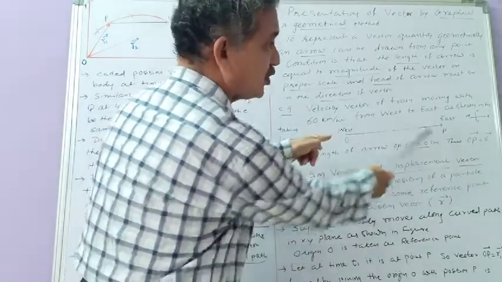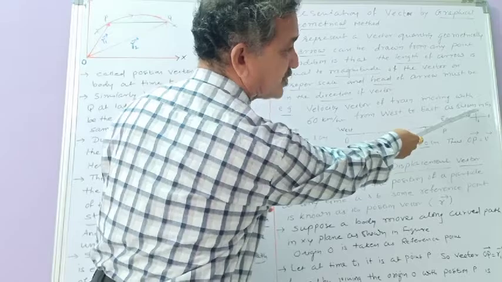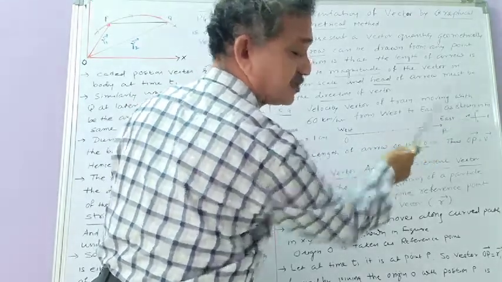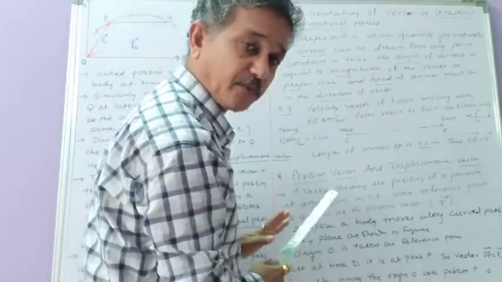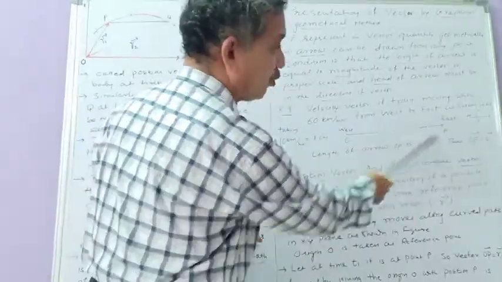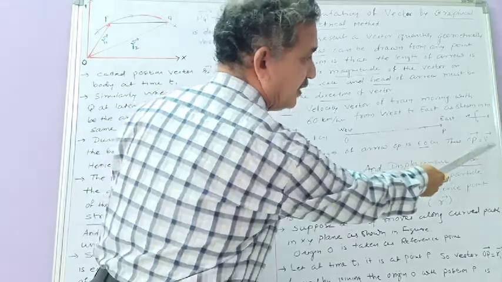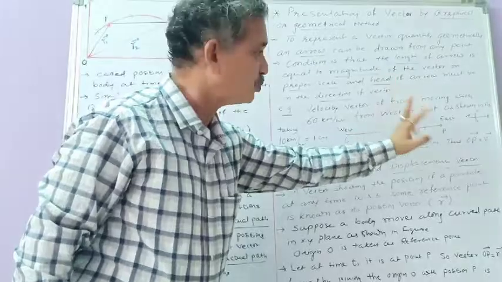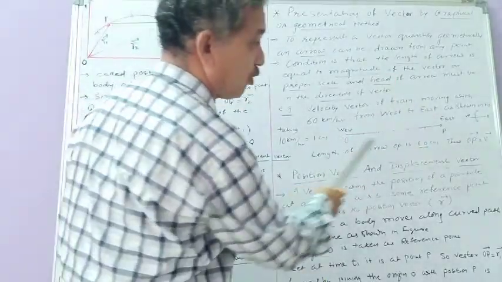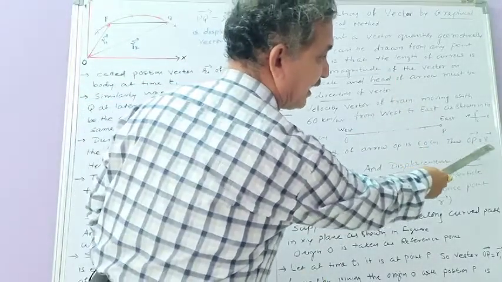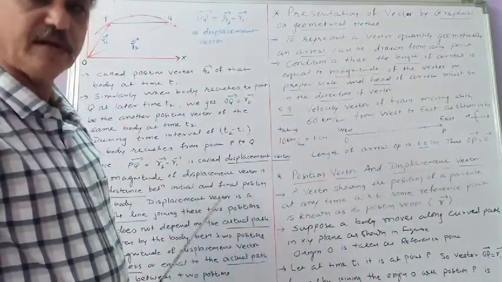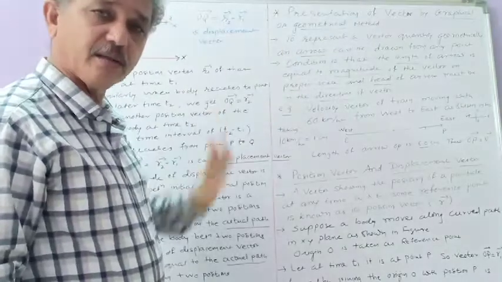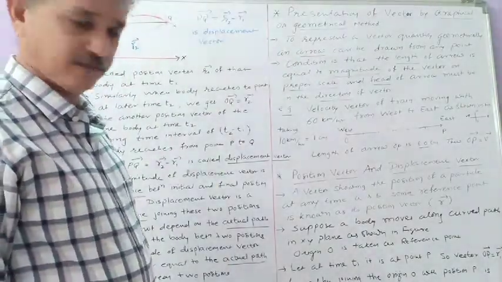So it is from west to east, because you know on the upper side is north, on the lower side south, on the right side east, and on the left side west. So just maintaining the proper direction, you have to draw an arrow, vector OP. This vector OP is said to be the vector V. The length of the arrow OP is 6.0 centimeters, and thus this arrow OP can be read as the vector V. So this is the simplest representation of a vector by the graphical or geometrical method.